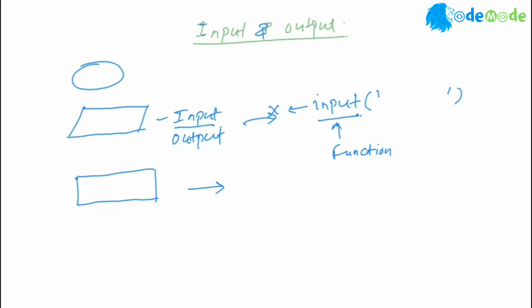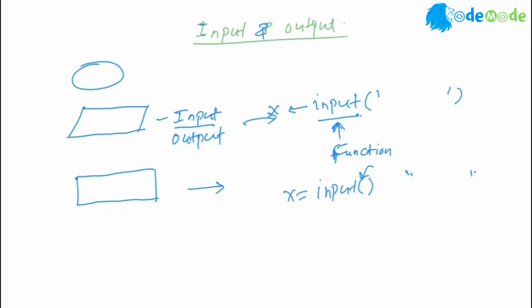So Python provides a command or function called input, and the way you use it is input with parentheses. By default you can say x equals input. That's it. But if you do this, the user will simply see a cursor waiting for them to enter a value. They will not know what is expected, and I'll write the code and show you. You can also give an optional message here. That message has to be a fixed string, and remember, a string is nothing but something between single quotes or double quotes.